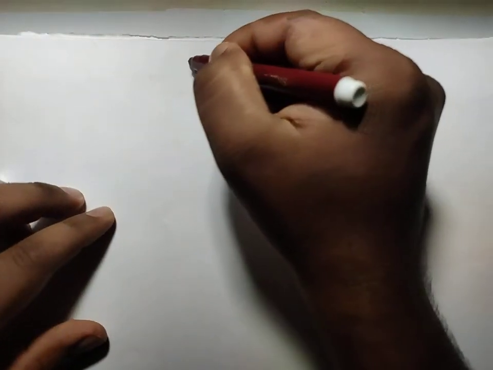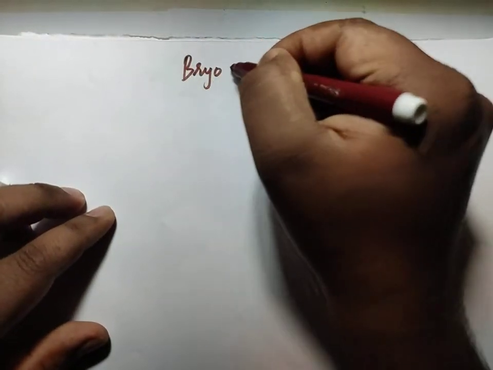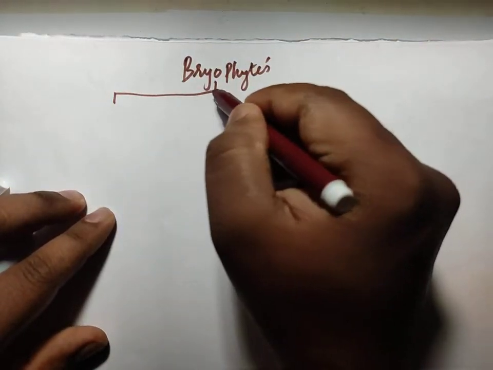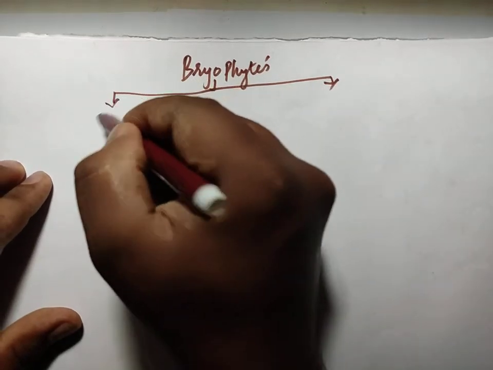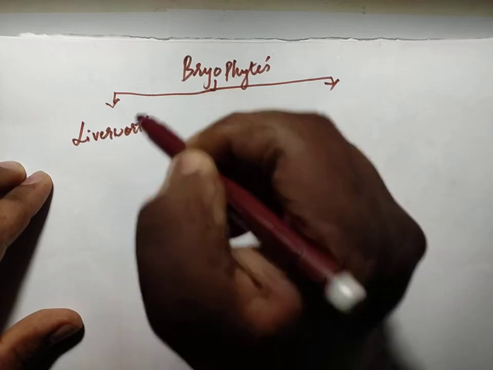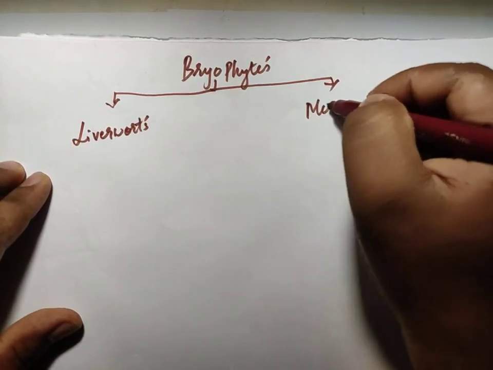Hi students, in this video we are going to discuss further about bryophytes. In our last class we have already dealt with bryophytes, where I classified bryophytes into two main subtypes, that is liverworts as well as the mosses. In the last class we studied bryophytes, and these were further classified into their subtypes. One was called the liverworts, and the other one was called the mosses.